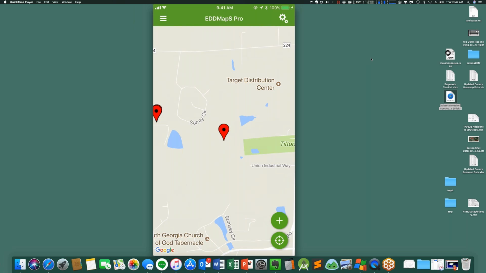And so, when we're really focusing EDDMapS on having something that is freely available for the public to use, and partnerships like y'all's to use,